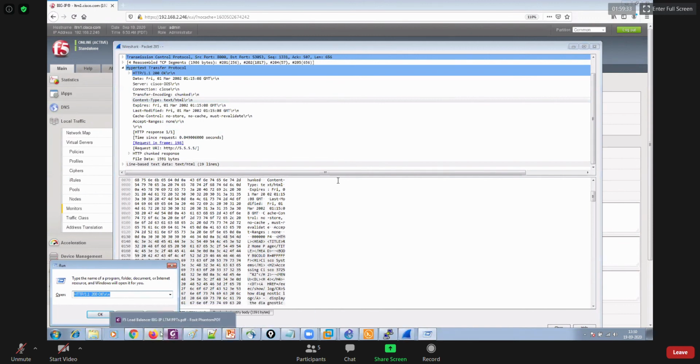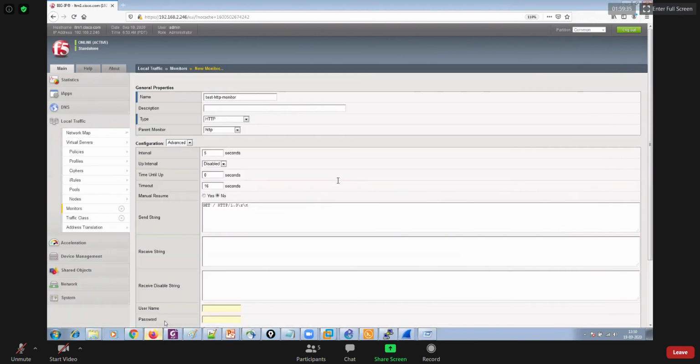So it should be 200 OK, and it will be 200 OK only if that web page does exist, which we are trying to access, right? So receive string is this.